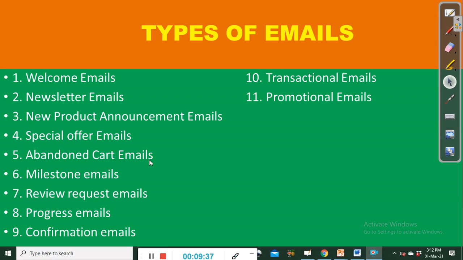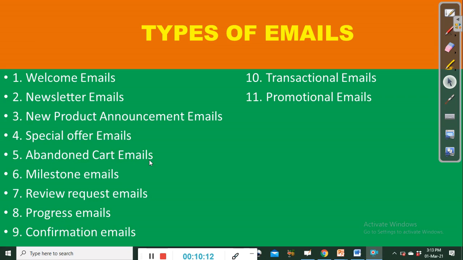It's a very important type of email, and that is why hardly do you find any business or any serious marketer that does not use or send the welcome email to their new customers or prospective customers. So that exactly is what the welcome email is all about.